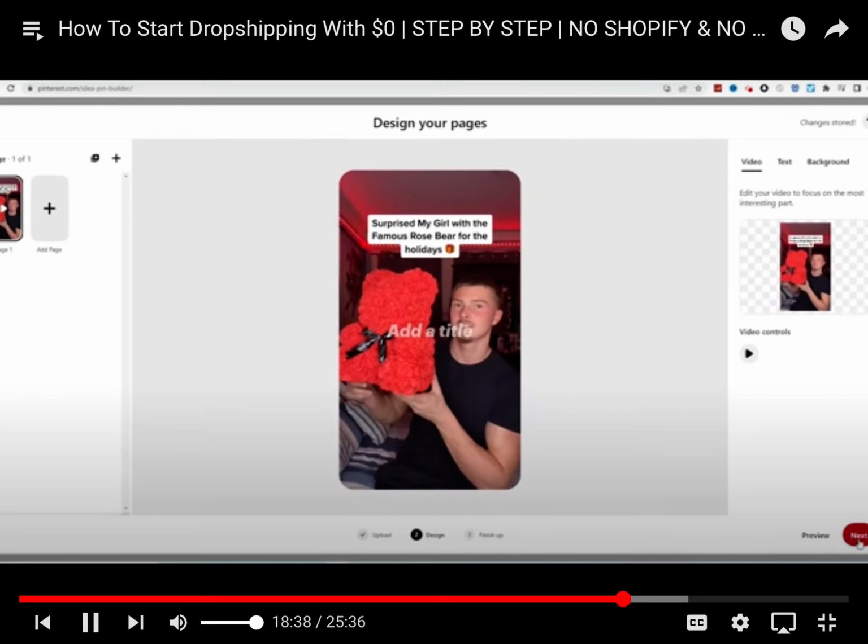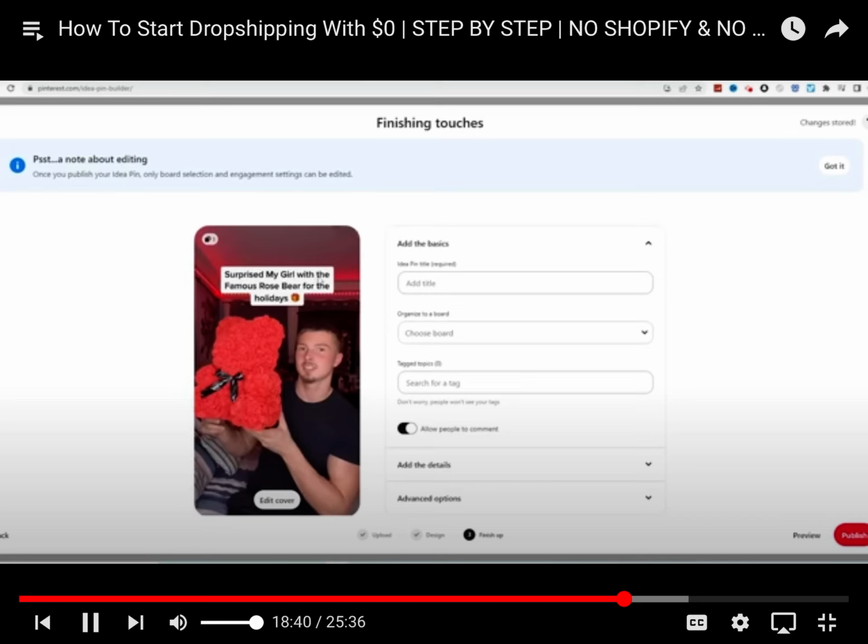And then you just literally click next. You don't have to write anything else because they already did all the work for you. And then you're just gonna write the only Valentine's day gift you need, right? If it's Valentine's season and you want to sell it for that, you're gonna write that, right? Or just write perfect